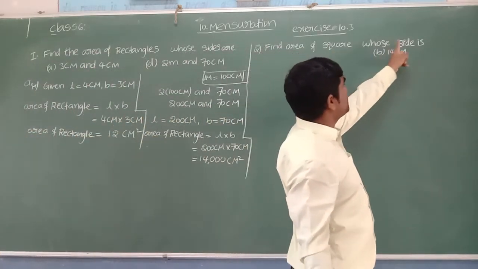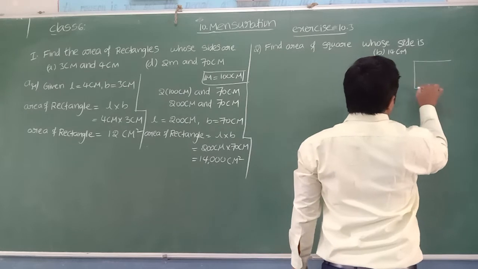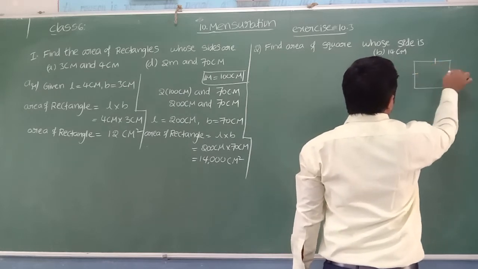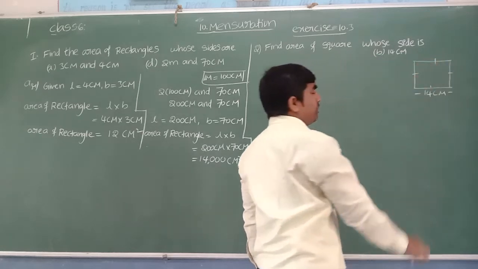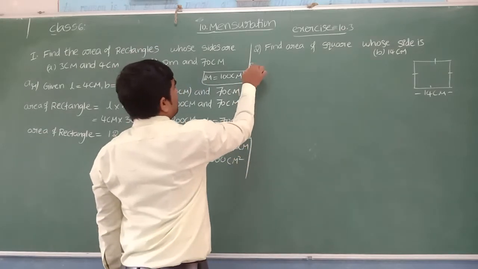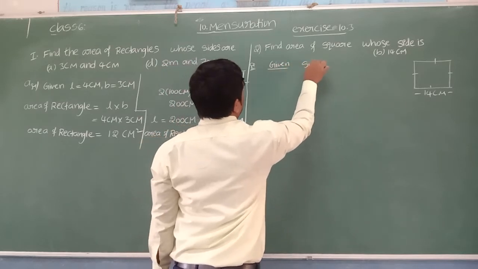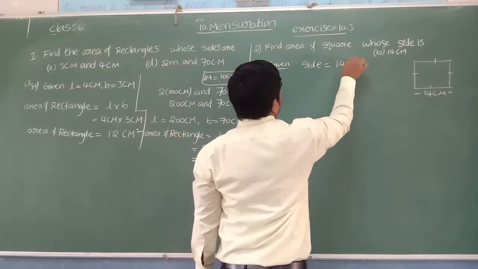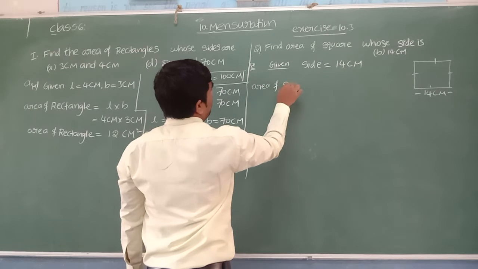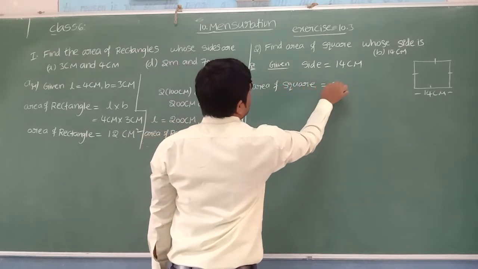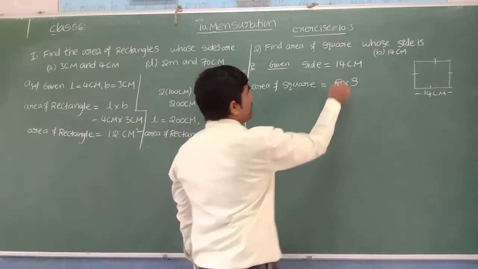Find the area of a square whose side is 14 centimeters. So here we have a square, and you know about square, all the four sides are equal. If the length of one side is 14, then the remaining sides are how much? 14, 14, 14. So here they are asking, you can see the solution, beta. Given side, length of side is equal to how much? 14 centimeters. They ask you to find the area of square. So we have a formula: area of square is equal to, what is the formula to find the area of square? Beta, side into side. We have side into side, where side is equal to how much?